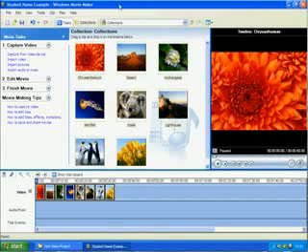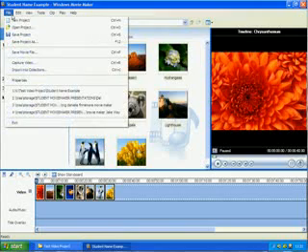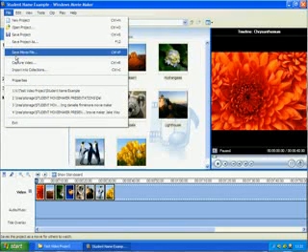So to save this all as a video file that can be played anywhere on a Windows computer, you go to File and Save Movie File. It's important to pick that one, and then it asks you where you want to save it. So for example, let's say we were going to save it in our My Documents folder, or maybe a memory stick. We would still select My Computer,